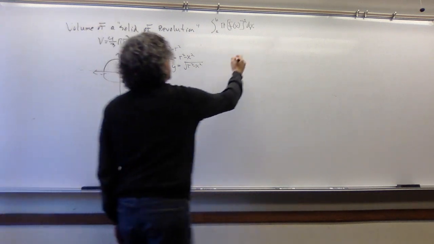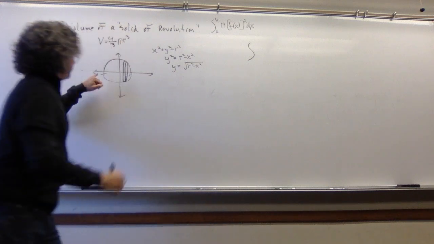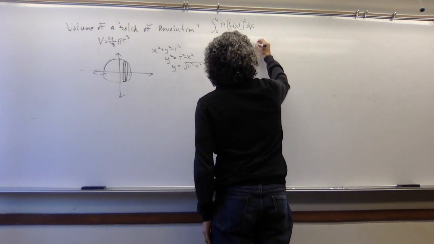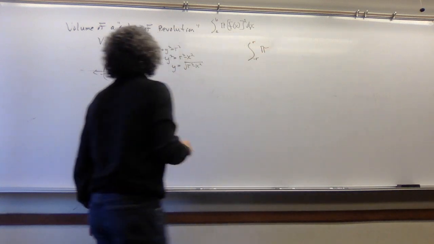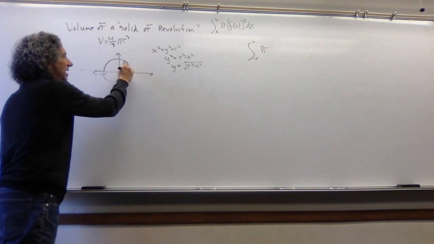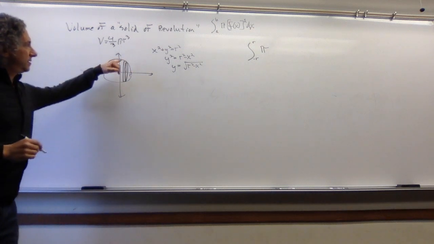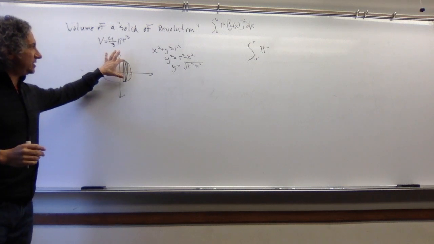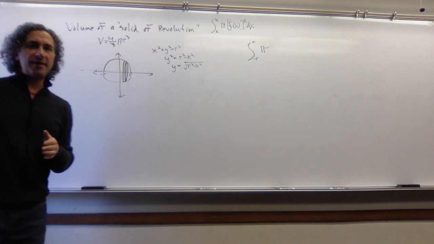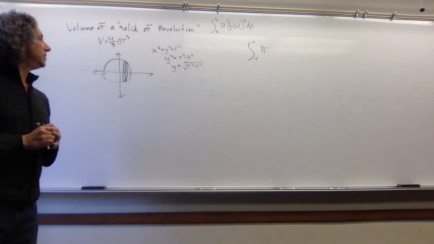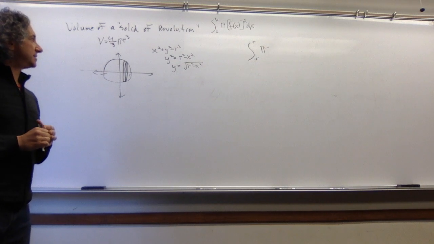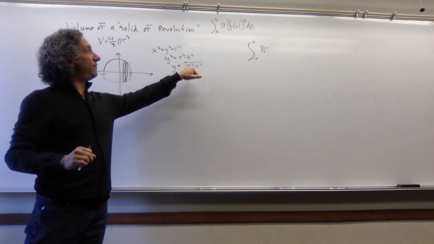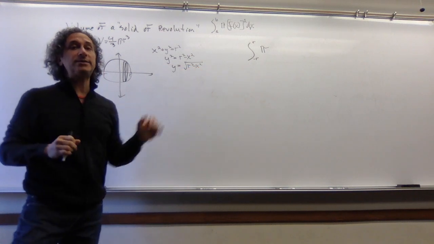And we now see that the thing that we need to integrate is, well, let's see, my x's are going from minus r to r. Pi times r squared, where r is the ith radius. Because again, what we're doing is we're stacking them this way, so the radius is going to change as I move through this thing. You can think of it as stacking pancakes this way. So what is that radius for a given x? Well, this is what the radius is going to be. It's going to be the square root of r squared minus x sub i squared.